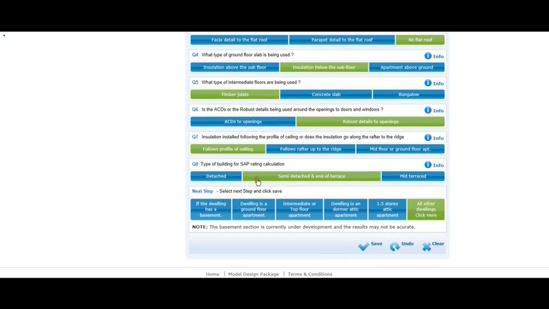With question 6, and with the introduction of the new fee standard, it is important that the user chooses the robust or enhanced details, as the ACDs and the default figures in SAP are not enough to achieve the new fee standard. With question 7, the user needs to decide on what profile is to be taken with the insulation